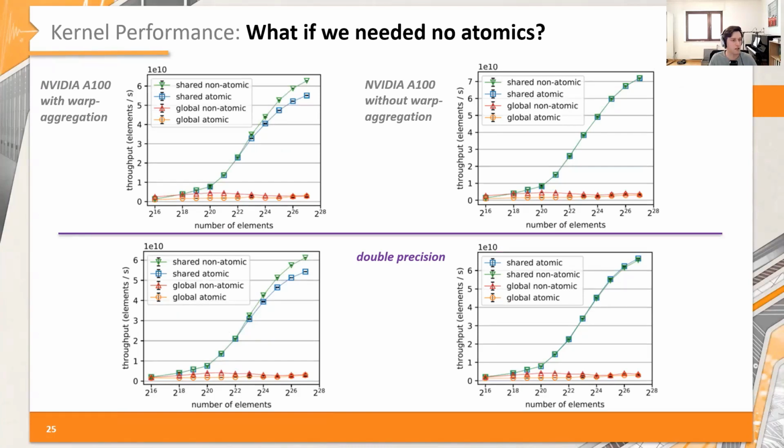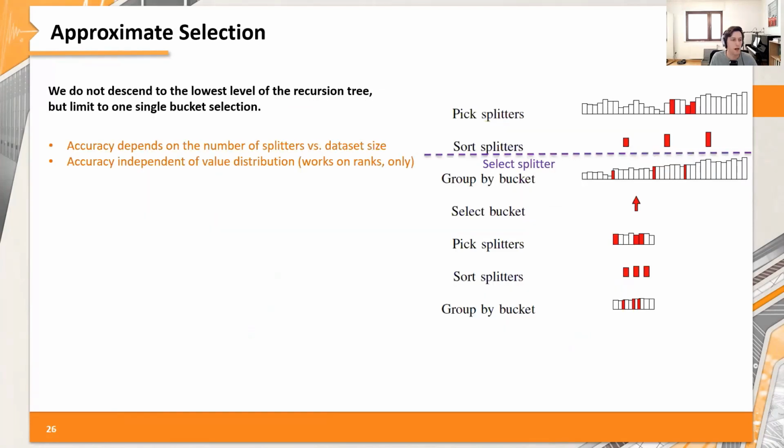As I already mentioned, you in some cases don't even need to do the whole recursion. You could also just get by with counting the elements. Basically, I talked about approximate selection in the title. If you stop your recursion at this level here already, when you selected your splitters and don't want to recursively proceed,